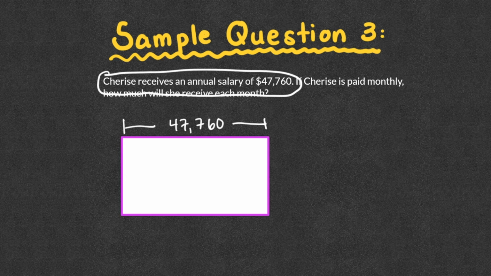If that's the annual salary, which means yearly, you know she has to receive less each month. So we're looking for either a subtraction problem to give us less or division. So we know that she's paid monthly. I don't see another number here, so there must be a clue. Monthly, since there's 12 months in a year, we're splitting it into 12 pieces. So the first month would be the same thing, the second month would be the same thing, the third month would be the same thing, all the way to the last month. So we're making 12